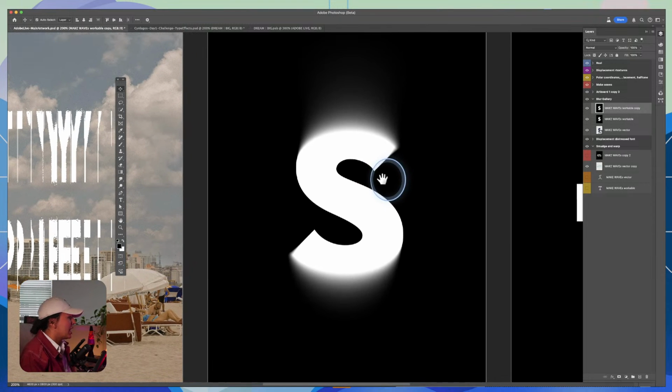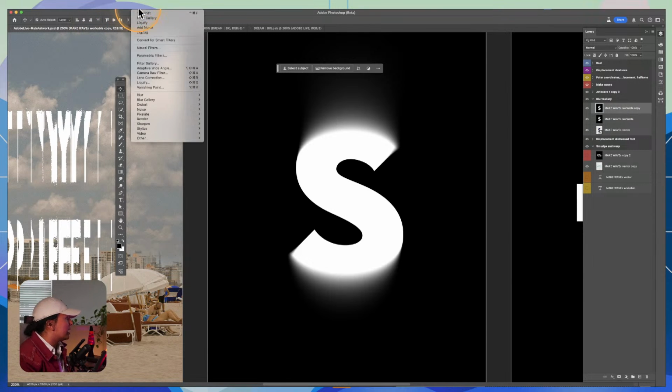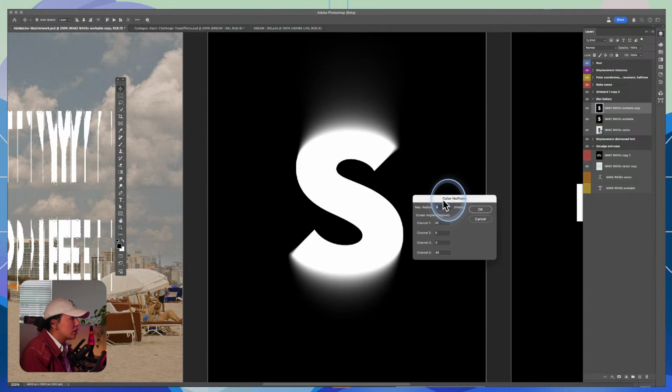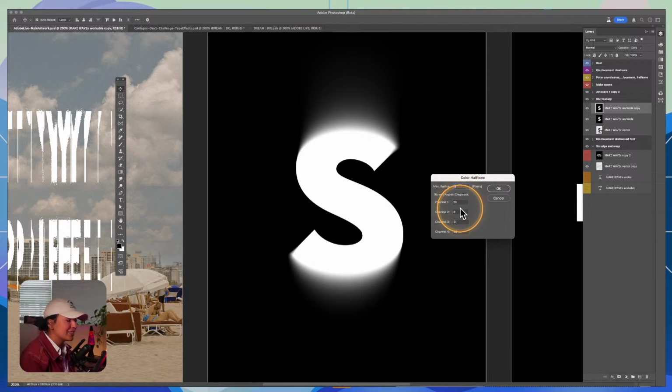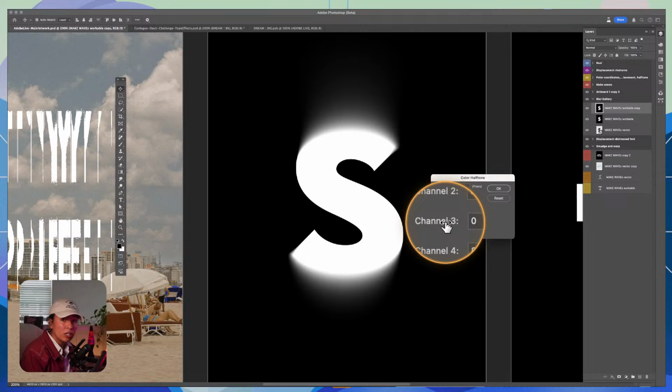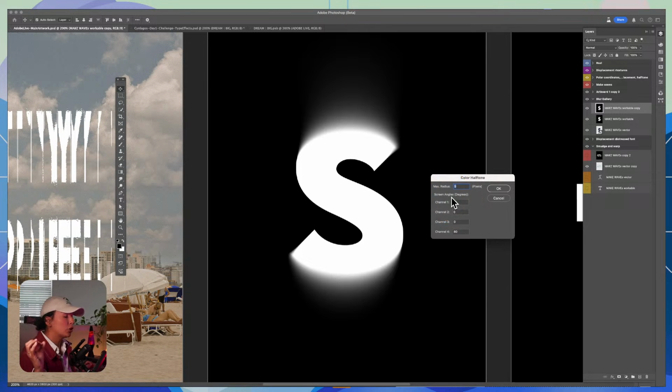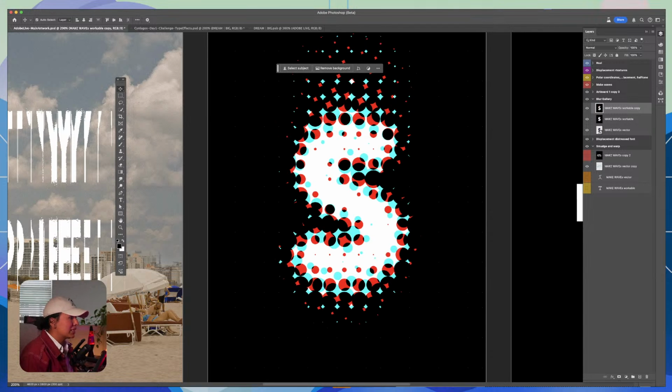Okay, so I'm going to have this texture now, and I'm going to go one step further and add a little bit more texture by going into color halftones. As we go into color halftones here, we're going to have some options. I think your defaults are different digits. I found that some of these are fun to play with because each one is targeting a different color channel. So if you do 20 here and 80 here, you're going to get only 2 colors as opposed to getting all 4. And the max radius is really the size of your pixel. So if you do something like, I don't know, 40, it's going to do something like this,